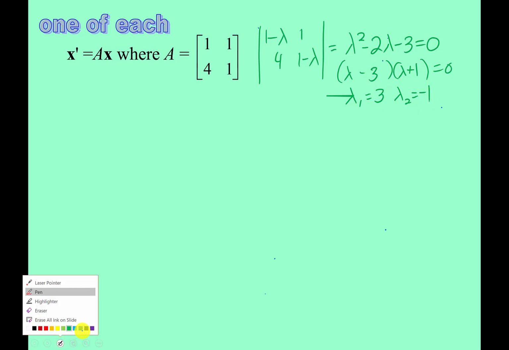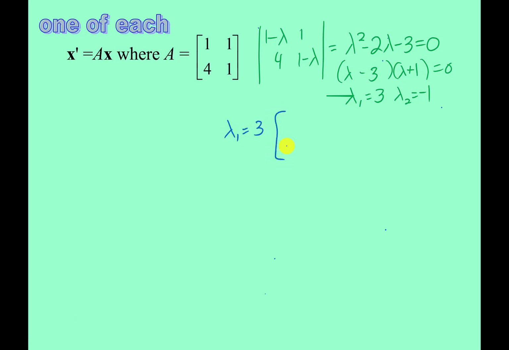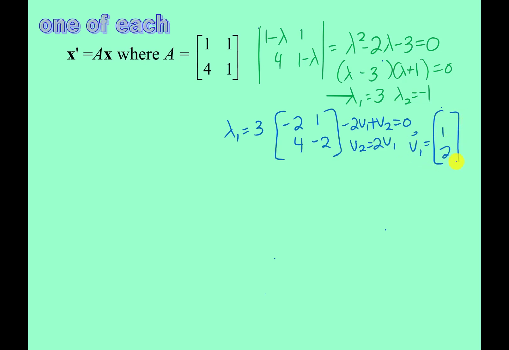Let's go ahead and find corresponding eigenvectors. So for the eigenvalue of 3, our A minus lambda I looks like negative 2, we're just putting a 3 in here, 1, 4, and negative 2. So we have negative 2 v1 plus v2 equals 0. So v2 equals 2 v1. So for the corresponding eigenvector, let's put in 2 for v2, and that would make v1 1. If there was a 2 here, 2 equals 2 v1, v1 is 1. Now let's take the second eigenvalue of negative 1,